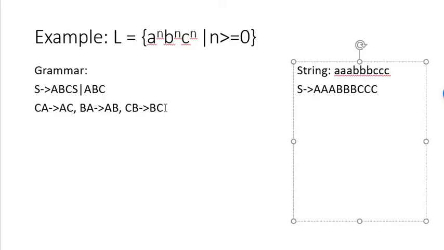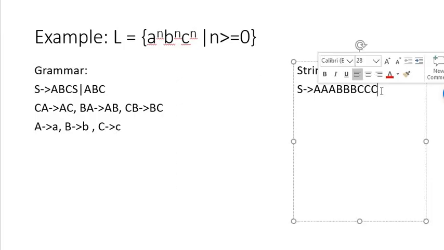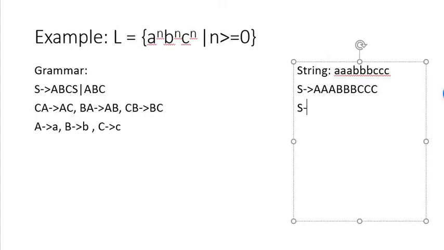What I will do, you might be thinking that sir we should simply write A to small a, B to small b and C to small c. So if I apply these productions, so I will simply get A, B, B, B, C, C, C. What I'm doing, I'm using these three productions and I'm replacing this non-terminal capital A by small a, and similarly B, and it is for C, and I'm able to generate the strings of this language.